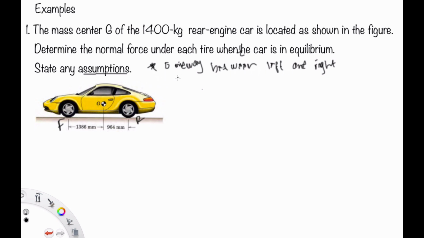Why do we have to assume this? Because a different assumption will create a different center of G, and when the location of G is not in the center, you have to make other calculations. So to make it easier, I am going to assume that G is midway between left and right. After this assumption, we directly find the sigma of all the forces